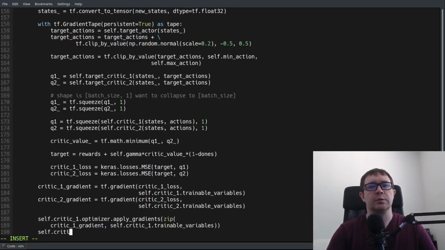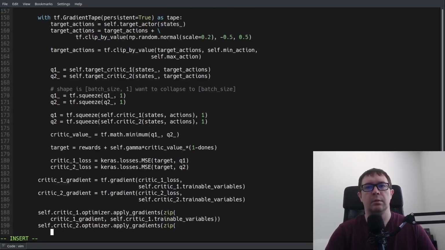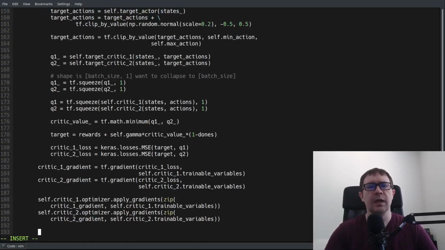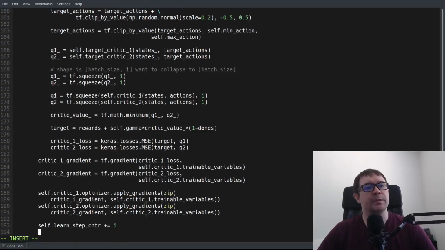Same thing for critic 2. Okay. And then we want to increment our learn step counter because that gets incremented every time we update our